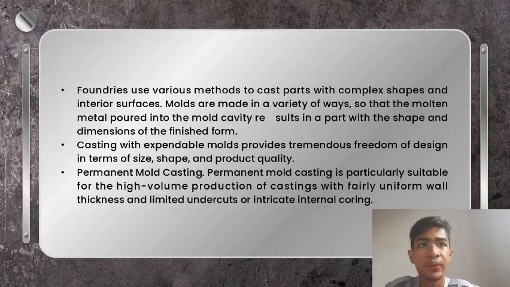Permanent mold casting. Permanent mold casting is particularly suitable for the high volume production of castings with a fairly uniform wall thickness and limited undercuts or intricate internal coring. The process can also be used to produce complex castings, but production quantities should be high enough to justify the cost of the molds. Compared to sand casting, permanent mold casting permits production of more uniform castings with